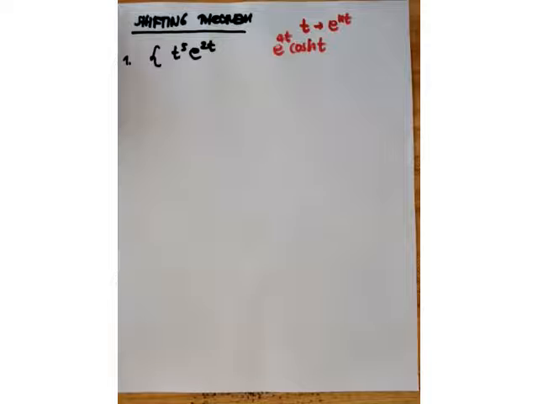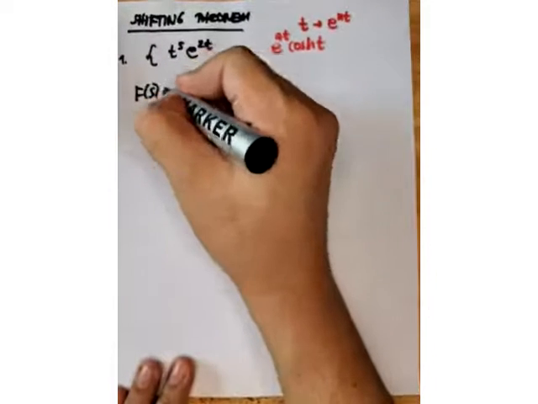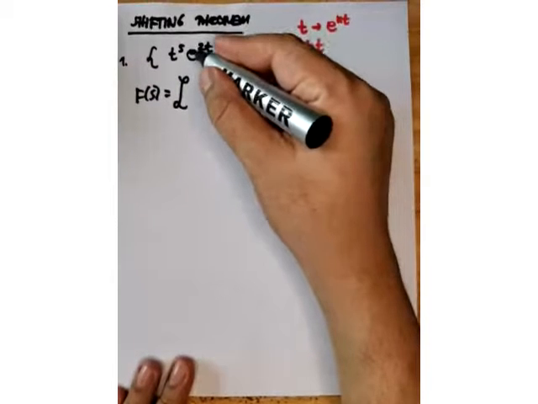So paano gagawin sa shifting theorem? Okay, sa shifting theorem, review pala. Sa shifting theorem, eto, ang una ay ilalaplace transform natin yung kasama ng e raised to nt. Okay? So ilalaplace transform natin ito. Okay. So halimbawa, dito sa example natin, ang gagawin ko, ang Laplace transform ay equal siya sa, una ay yung Laplace transform